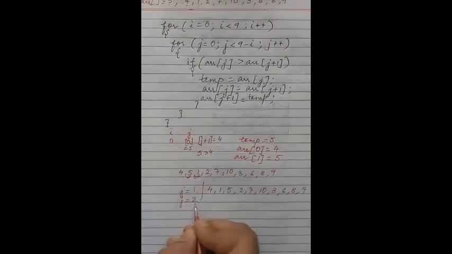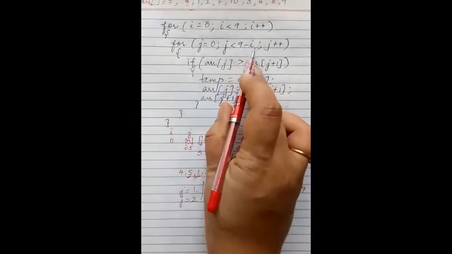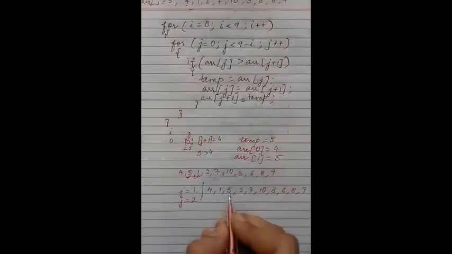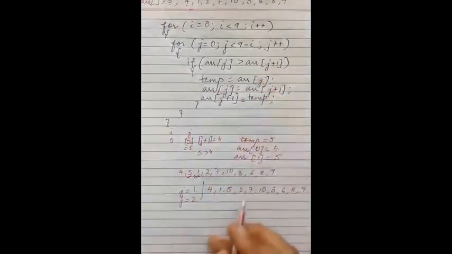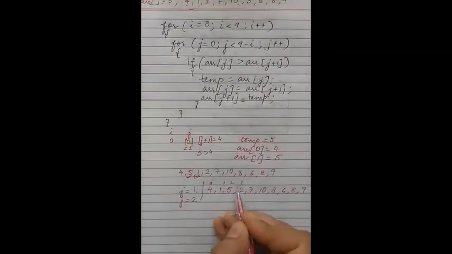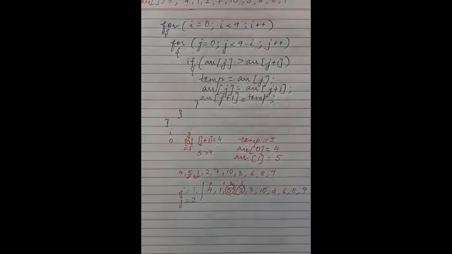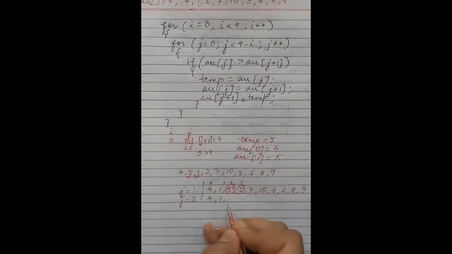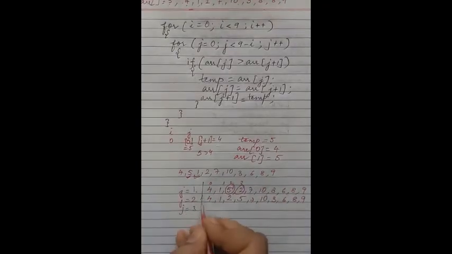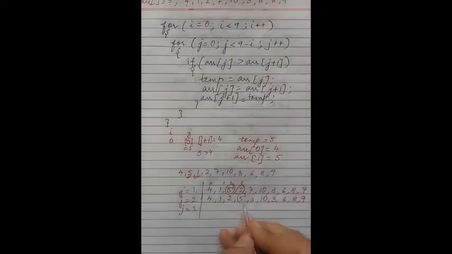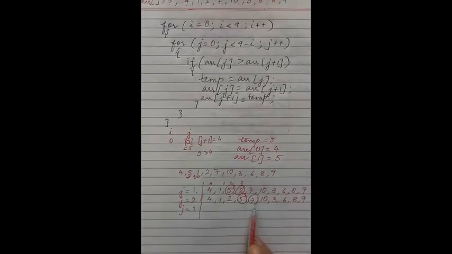फिर J की वैल्यू हो गई 2. इज इट लेस देन 9 माइनस 0 दैट इज 9? येस. सो J की वैल्यू 2 के लिए ARR at J and ARR at 3 कंपेयर होगा. दिस इज 0, 1, 2 and 3. दैट मीन्स दिस एंड दिस एलिमेंट विल बी कंपेयर्ड नाउ एंड दे विल बी इंटरचेंज्ड अगेन बिकॉज 2 इज स्मॉलर देन 5. तो ये हो जाएगा. देन J इक्वल्स टू 3. J becomes 3. इज इट लेस देन 9? येस. सो 3 and 4 कंपेयर होगा, इसमें कोई चेंज नहीं होगा.